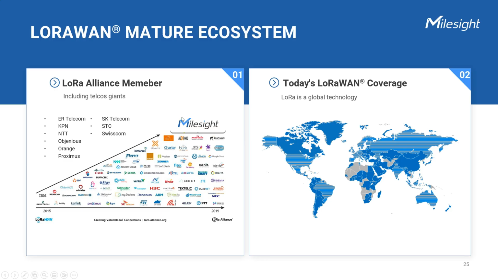LoRa is really a global technology, so you can use LoRaWAN all over the world, either in the public network or your private network, everywhere there are regulations with a license-free spectrum. Telecommunication companies, IBM and Cisco are important members of the LoRa Alliance, and many famous carriers have announced nationwide deployments of LoRa networks. As you can see in the image here, LoRa has been adopted in more than 170